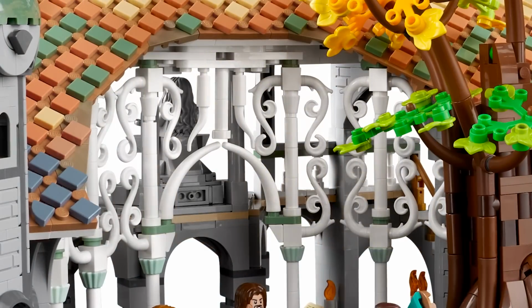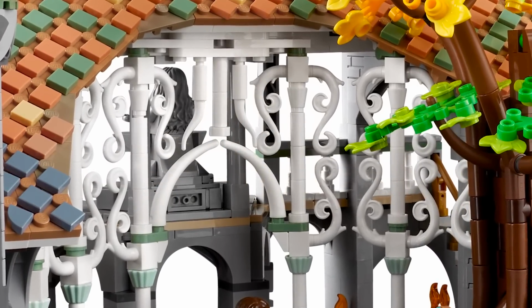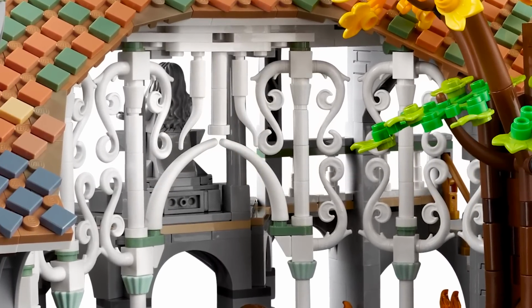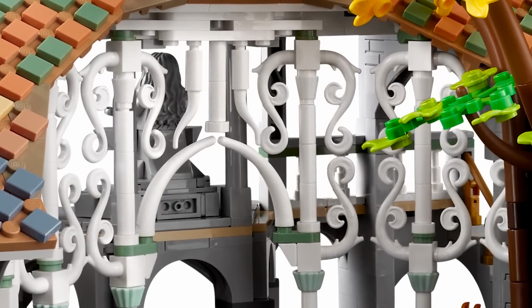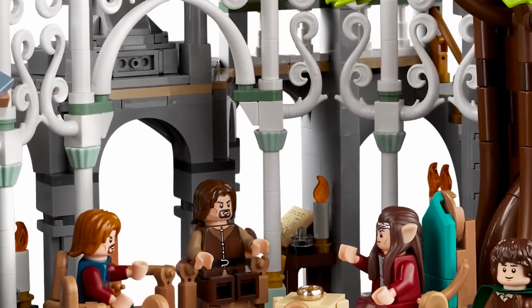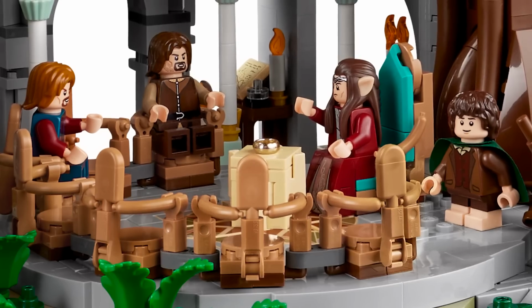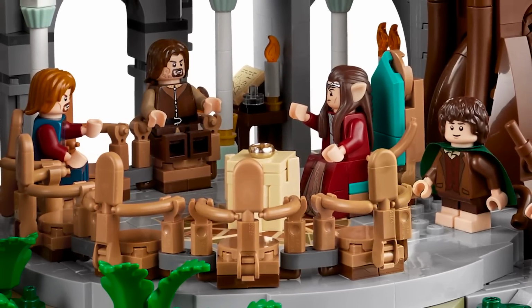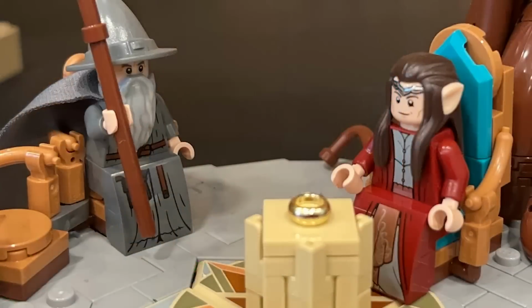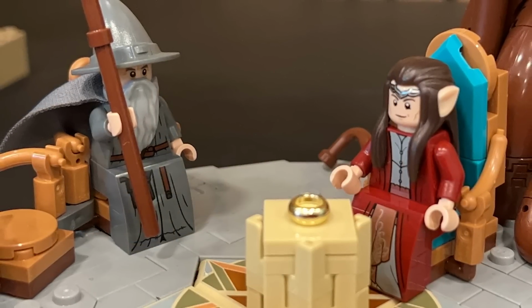But then making your way on the outside, you could see this gorgeous detail there with all of those spiral pieces, which is just so incredibly detailed. The arches and everything that they've got there. And the whole council section here is just incredible. I love the chairs and the hot dog pieces for the seats. So neat. You've also got, which is just beyond great, dress piece builds for Gandalf and Elrond to sit on